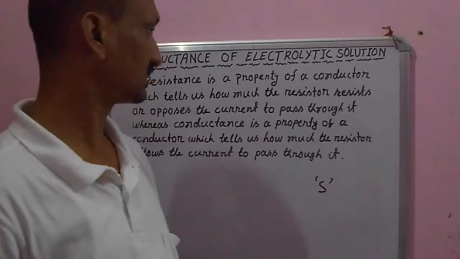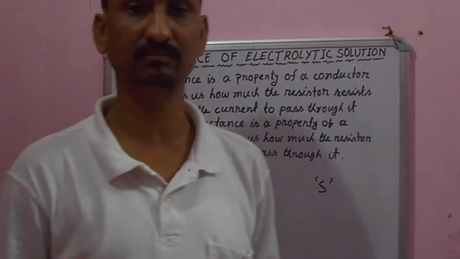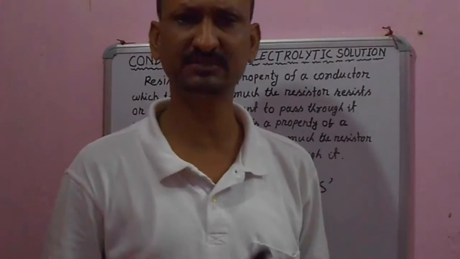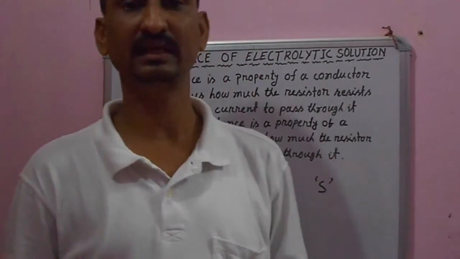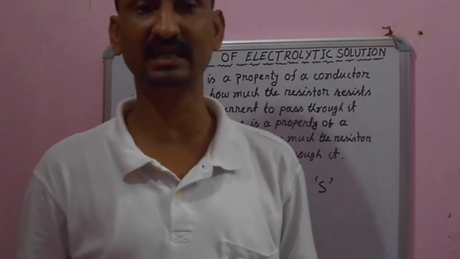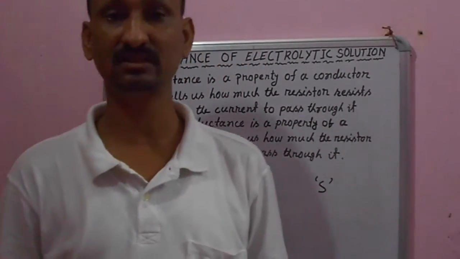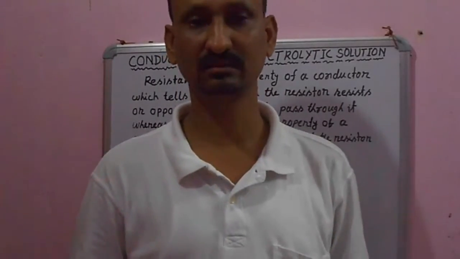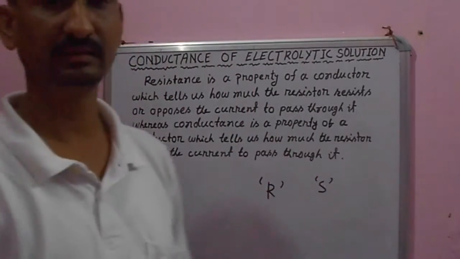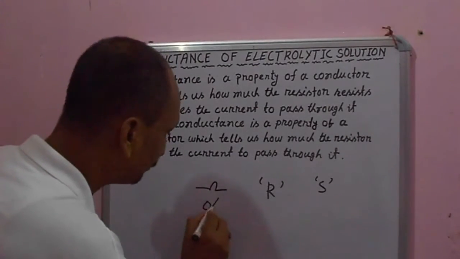So what is resistance? We know that when anything passes through a medium, the medium itself opposes its passing. That is, the medium itself generates a resistance to passing anything through it. Similarly, a conductor also generates a resistance to the flow of electricity or current through it. That is, the resistance opposes conductance. The resistance is denoted by R, and it is measured in the unit ohm.